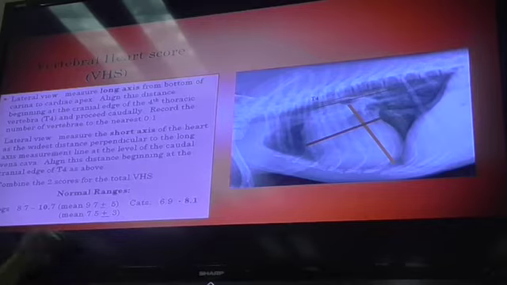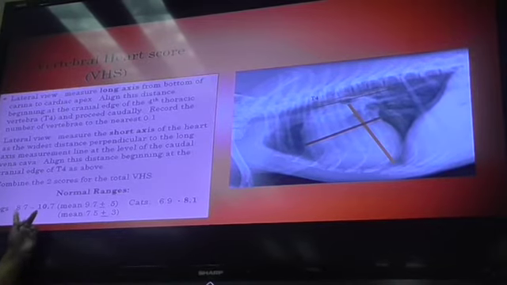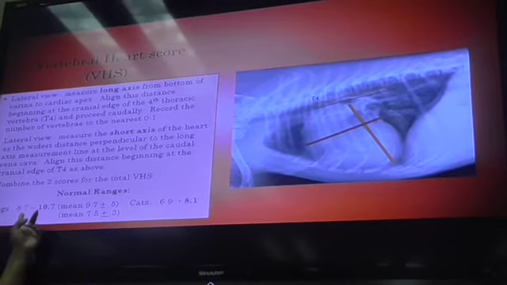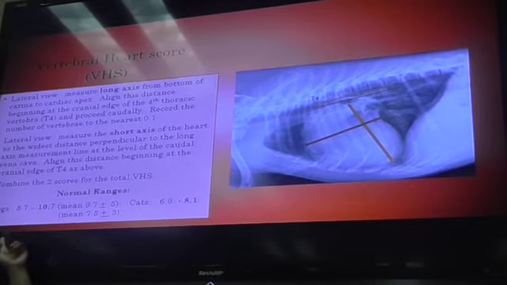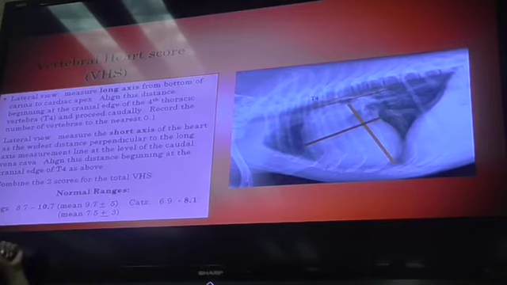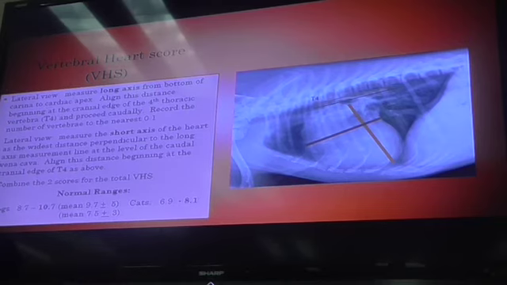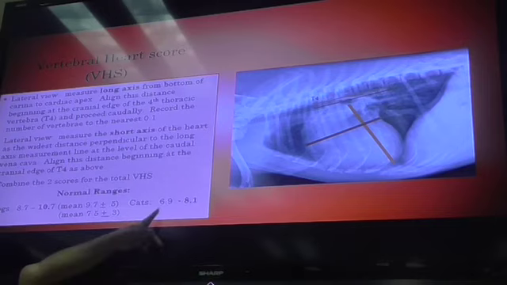Now, this is your normal range and what you guys are going to look at. Dogs should be anywhere from 8.7 to 10.7. Anything smaller than that is microcardia. Anything larger than that is cardiomegaly. Cats, you'll do the same thing in the way you measure the long axis and the short axis, except you have a slight